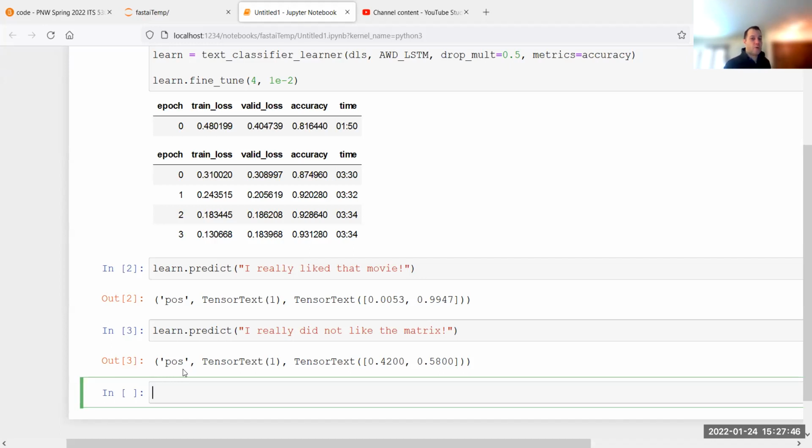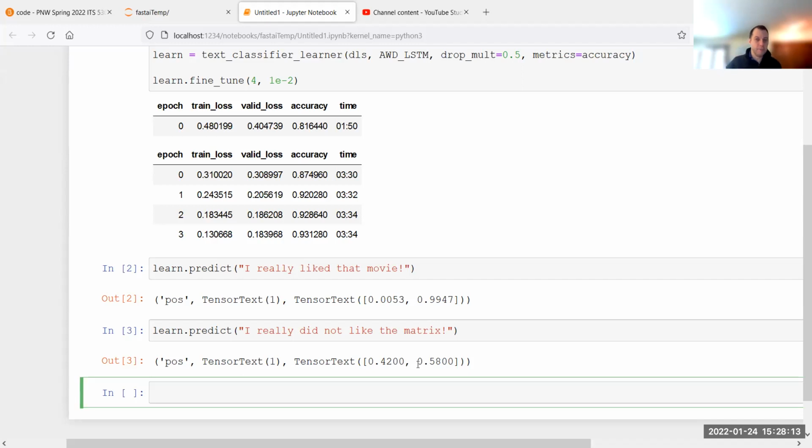Now, if you notice though, although it got it wrong, you can see here in the probabilities that this is actually a good sign, because here in the positive it was extremely sure, right? So it's 99 to 0 basically. But here, negative was actually 0.42 and positive was 0.58. So it was kind of on the fence. It went with positive, but